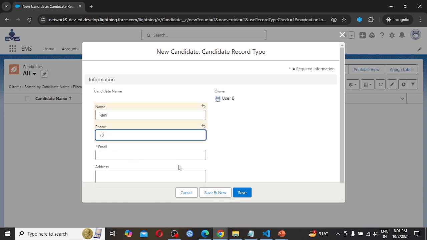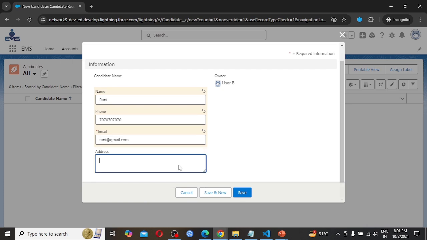Phone number, I am providing just a demo phone number. Address like Mumbai, and hit the save button.